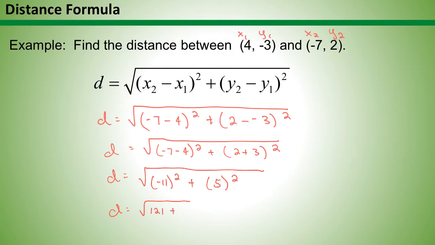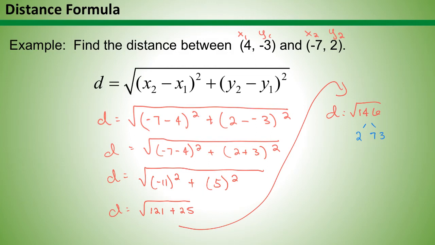121 plus 25, okay? So add those together, and we get, let's go up here and do that. D is equal to the square root of 146. So that is our distance, okay? Sometimes we're gonna be asked to write our answer in simplest radical form. Other times you're just gonna be asked for a decimal, okay? So let's start by just breaking this thing apart. So I can divide it by 2 and 73, okay? And then 73,